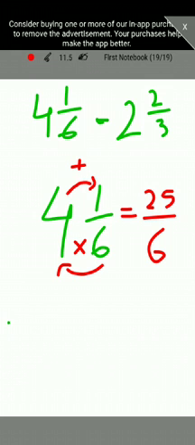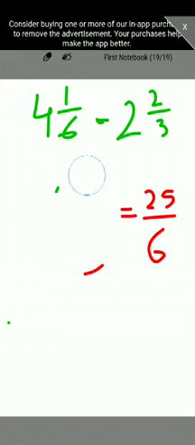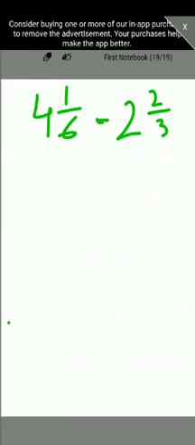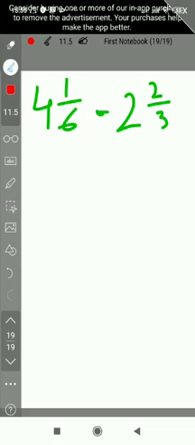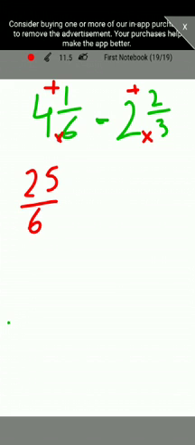Both are having the same value. The first one, 4 whole 1/6, is given in mixed form, and the other one is an improper fraction. Alright, so in this question we are going to convert the mixed number to an improper fraction, and then we are going to solve it. So let's do it now. First of all, we are going to convert this: multiply denominator and whole number, add numerator. 6 fours are 24 plus 1, 25/6, minus 3 twos are 6 plus 2, 8/3.